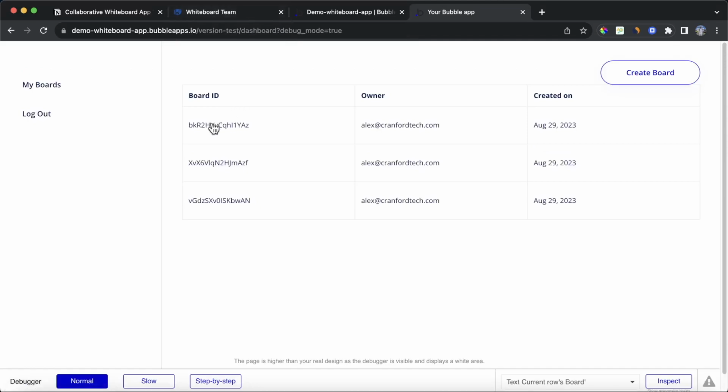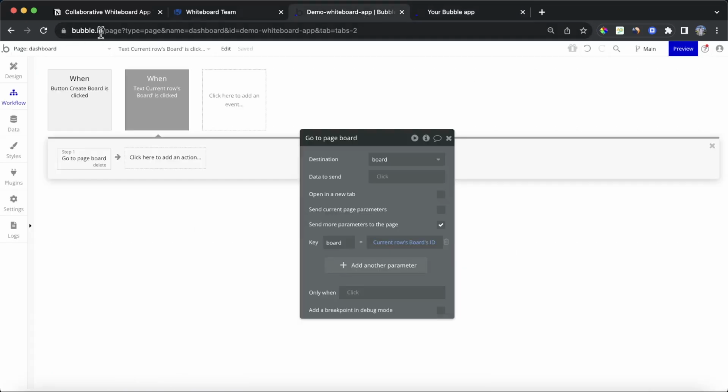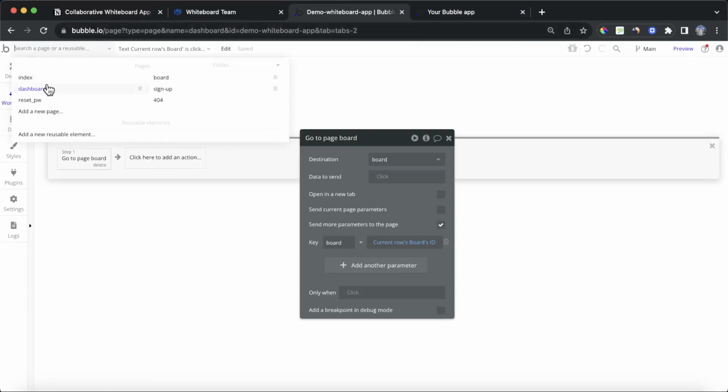And hopefully now when I click on this board ID, we're once again going to be sent to the board page, but this time we're going to see those things we created on the whiteboard still be there. So let's click on that. It's loading, and yeah, you can see that's worked as we hoped. It's kind of annoying actually navigating from the board page to the dashboard every 2 seconds. So let's put in a quick link element on that. If we go back to board,